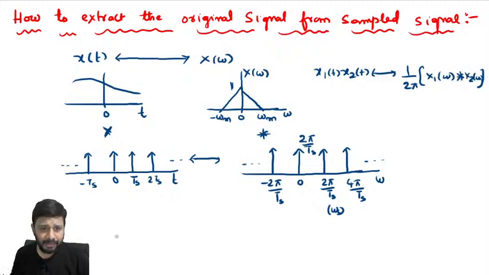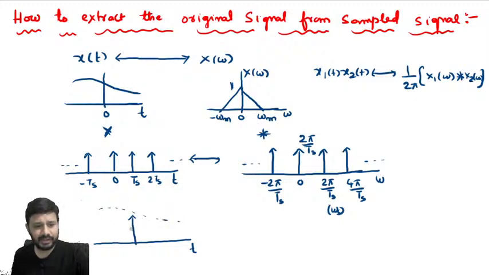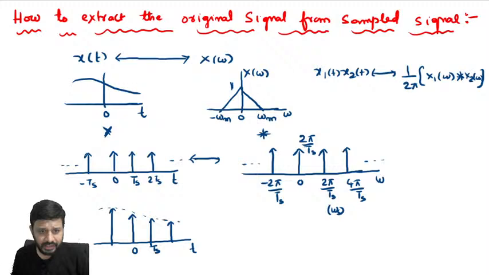Now if you multiply in time domain, the resulting sample signal will look like this, no? So how will it look like? These impulses will take the shape of the time domain signal. We have one principle, no? Whenever you multiply any impulse signal with the signal x of t, you get the same impulse signal with area changed. So the strength of each impulse will change like this. So this is the sample signal if I multiply.